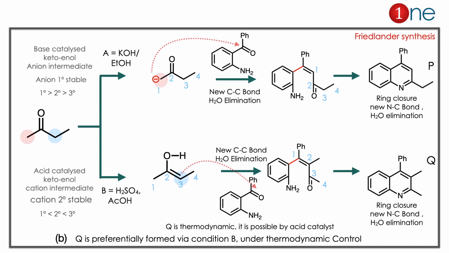The starting material is a ketone, which has two types of alpha hydrogen. They can be removed and controlled by acidic or basic condition. If you take basic condition, the primary anion will be formed, because the primary anion is more stable than the secondary. If you use an acid-catalyzed mechanism, the acid coordinates with oxygen and you have the cation there. The secondary cation is much more stable than the primary cation. So the condition reverses the selectivity here. If you are interested, you can separately study ketone tautomerism, both acid and base catalyzed.